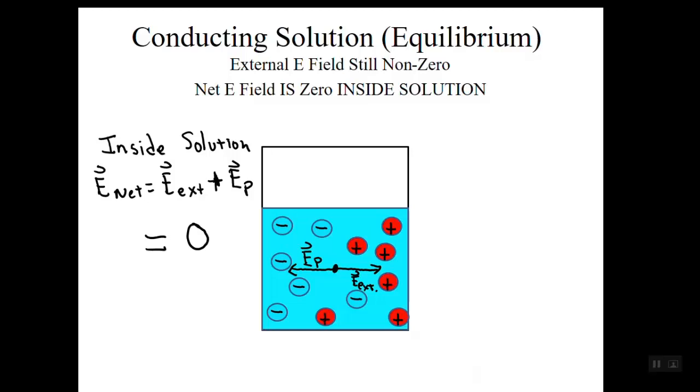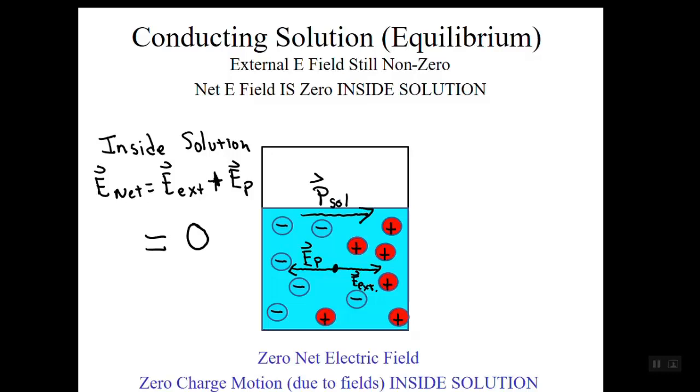The ions moved until the solution was polarized enough to produce the polarization electric field, E sub p, that is large enough and pointed oppositely to the external field, such that the total field, the net electric field, is 0. The solution reached this condition in a very brief time interval, within nanoseconds after the time the external electric field